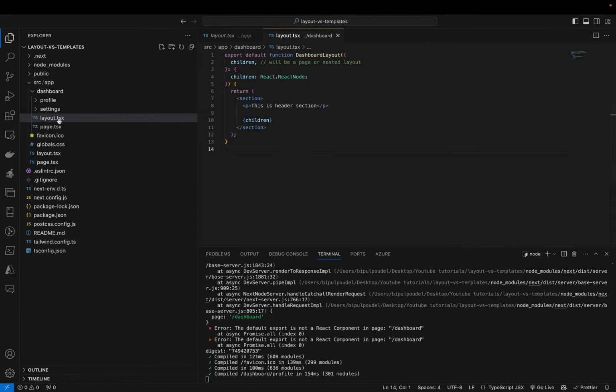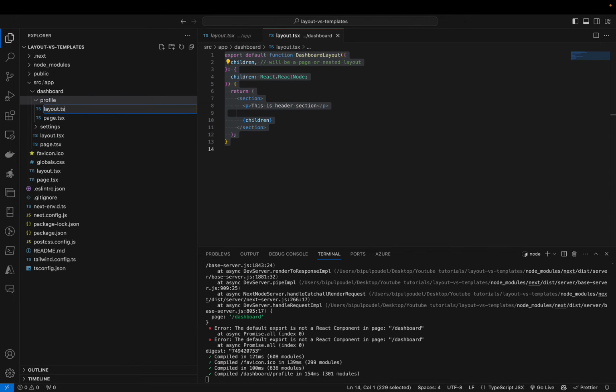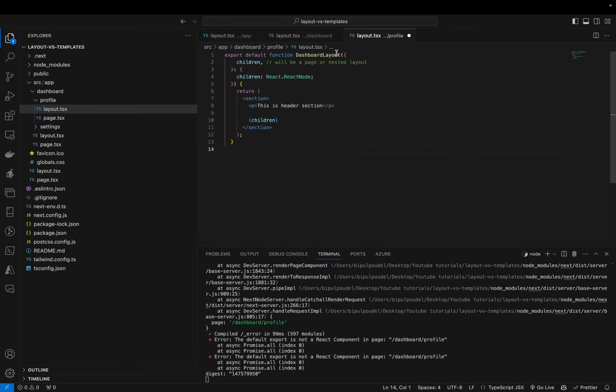You just need to create a layout.tsx file inside any folder you want, and then you can have that layout. You can also create a sub layout inside a layout. So basically, if you see, this is our root layout, this is our dashboard layout. If I copy this, I can go into the profile page and create a new file called layout.tsx. And if I paste it, let's say I rename it to profile layout, and let's say I update it to